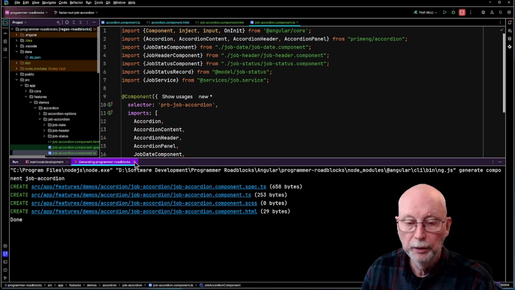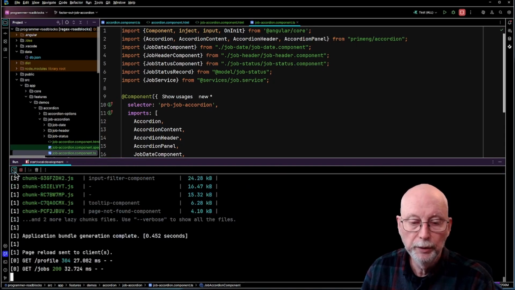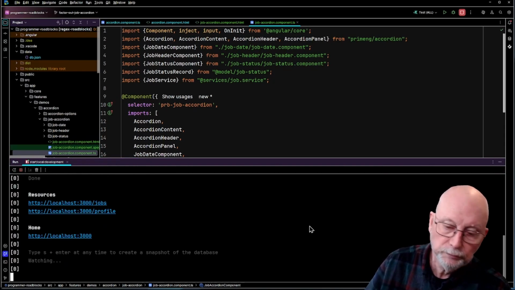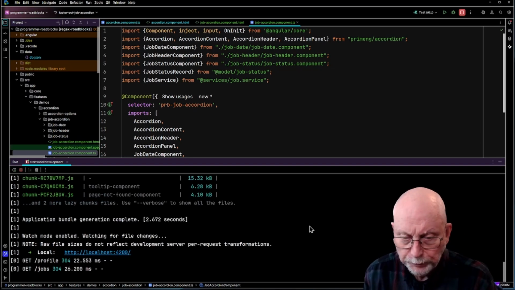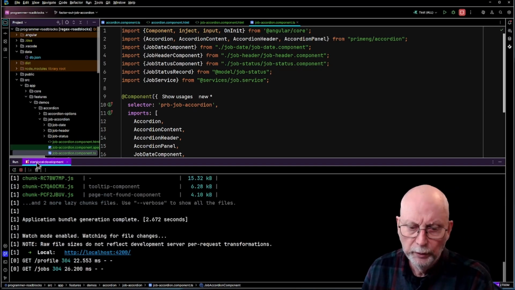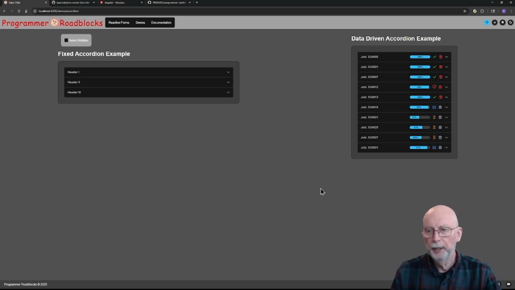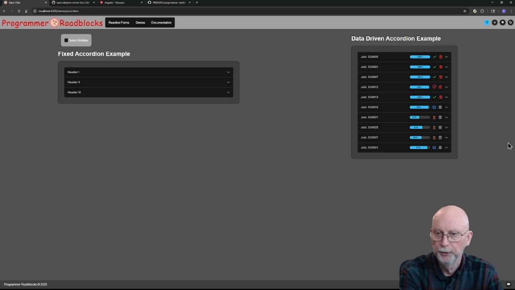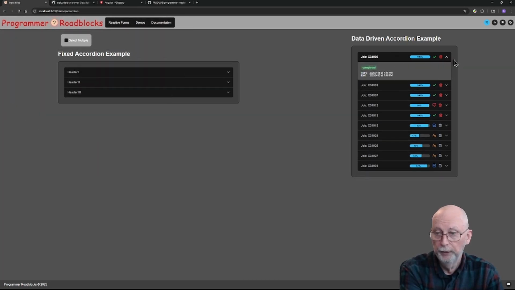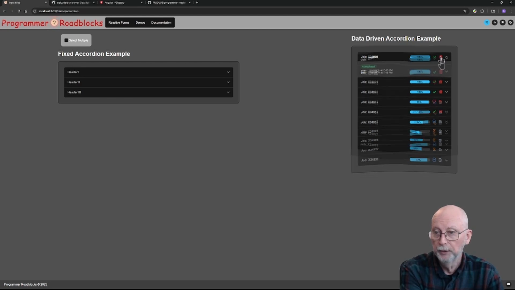Let's double check our build here, make sure. I'm going to rerun this. In my start local development, what I'm doing here is starting up a JSON server as well as starting my app. So I had to restore my DB JSON file so that I have all my jobs here, and everything seems to be working fine. So we've got our header, and we've got our content, and we've got all of these things here,